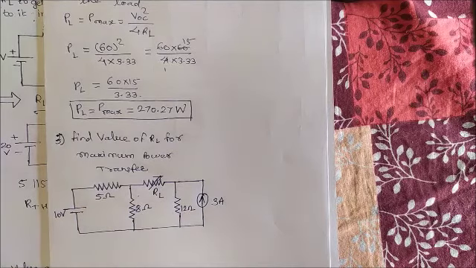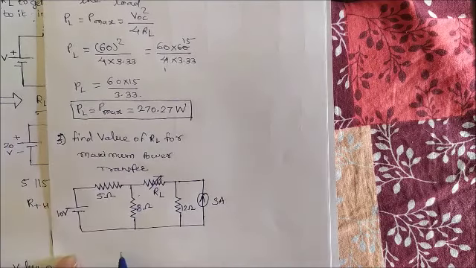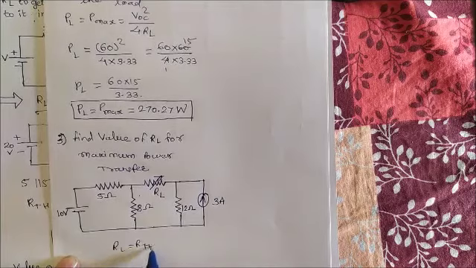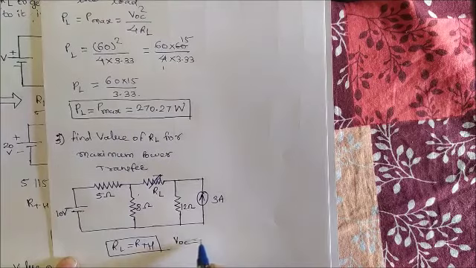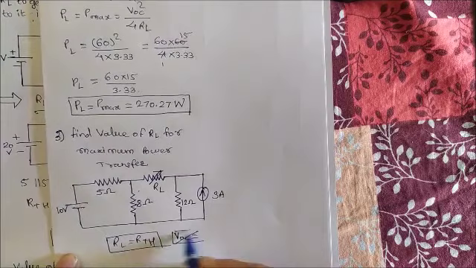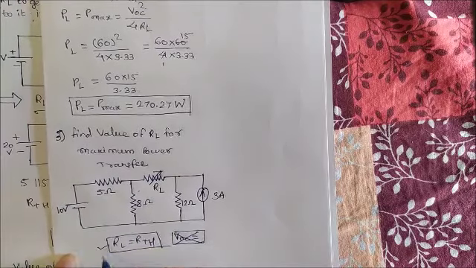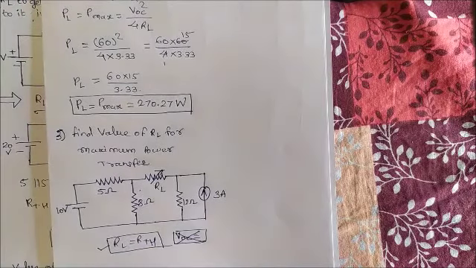Try to use the basics of the Thevenin's theorem and find out the value of RL in this. We have to just find out here RL is equal to RTH. This condition is to be satisfied here; we do not have to find out VOC here, just we have to find out RL is equal to RTH. So go through the Thevenin's theorem, find out how the Thevenin's resistance is calculated when current source and voltage source are given to you, and then try to find out the value of load resistance.